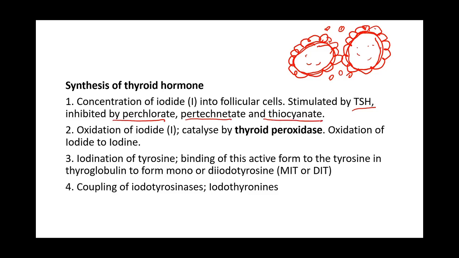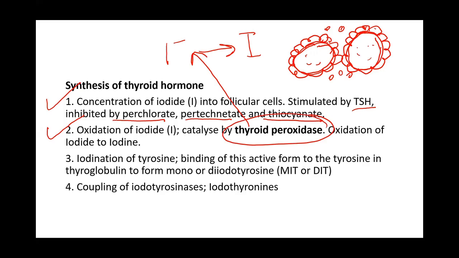All those drugs or food products that have these can serve as goitrogens that prevent uptake of iodine. So you should know the first step is concentration of iodide within follicular cells. Now, this iodide has to be oxidized into iodine. So the next step is oxidation of iodide to iodine, okay? And this process is catalyzed by thyroid peroxidase. And this thyroid peroxidase is a target for some of the drugs used in the treatment of thyroid